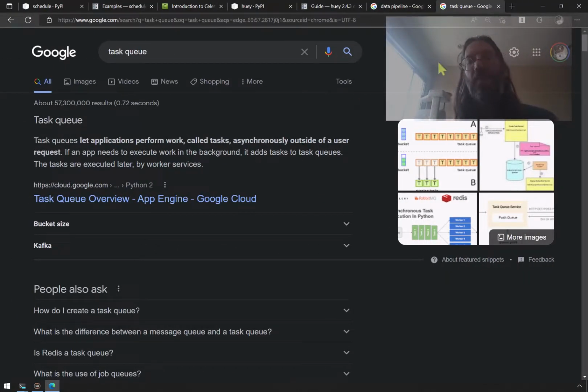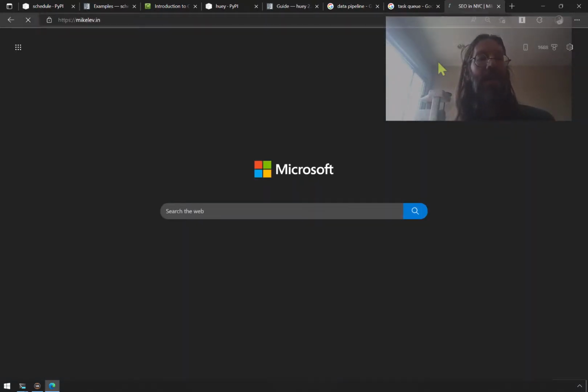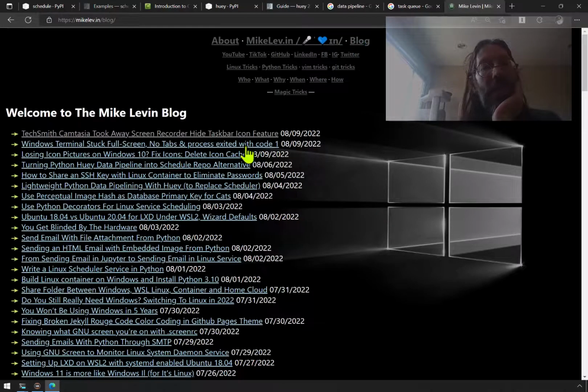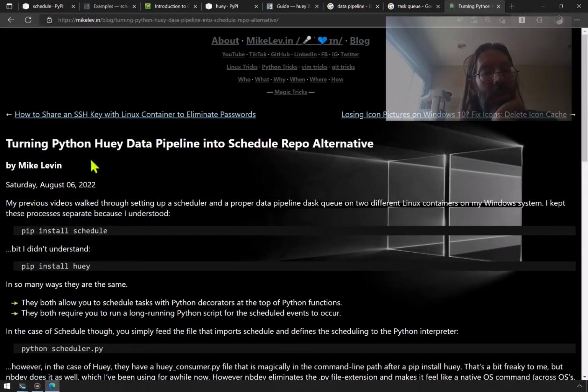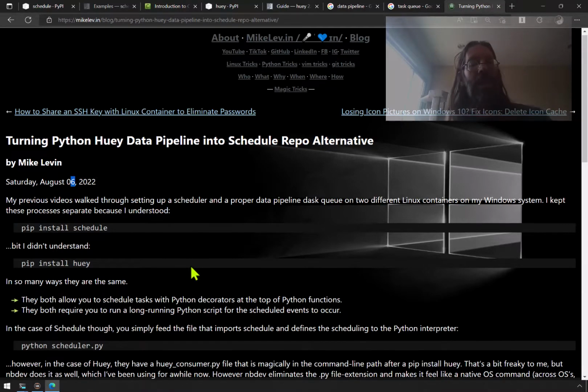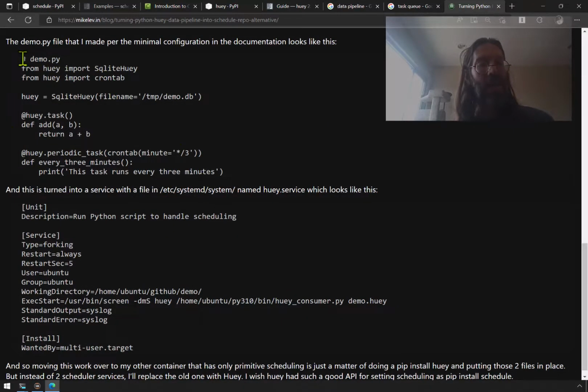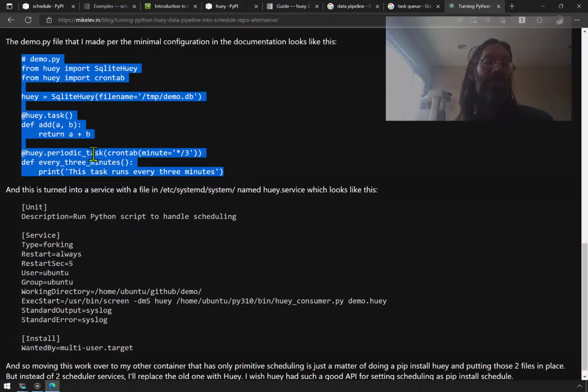So I left some notes for myself, so the copy-pasting would be easy. You can go to mikelev.in and go to my blog, and you'll see somewhere around here, turning Python Huey data pipeline into schedule alternative. And you can see that I did that over the weekend, planning to do this as weekend work. Never really got around to it. But here are the two files, right? So the Huey example that I have running on a different container has this code here and this code here,